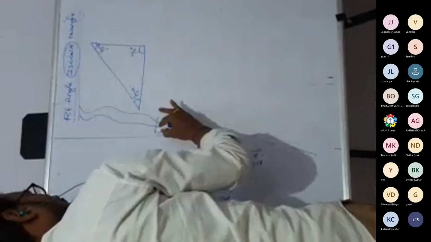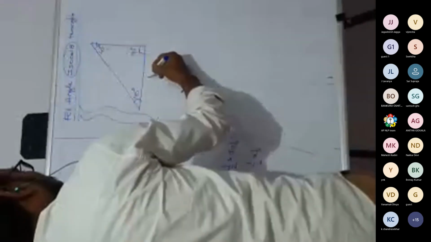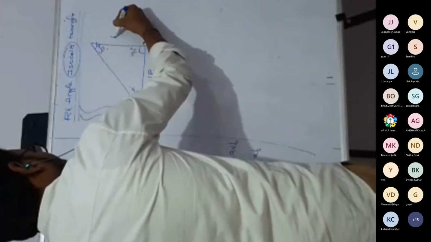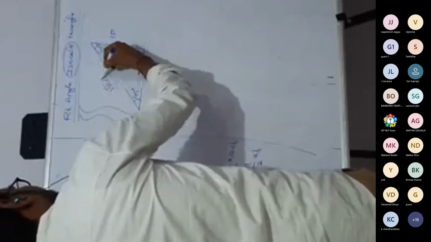Then what about the right angle isosceles triangle? What is the difference, sir? Here the only difference is in the angles and sides. If two sides are equal, obviously their angles are also equal. Suppose the side opposite 45 degrees is one part, definitely the side opposite the other 45 degrees is also one part. From the Pythagoras theorem, the hypotenuse is root 2 parts. Sir, how are you getting root 2 parts?